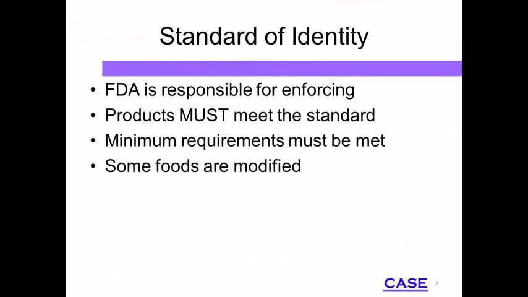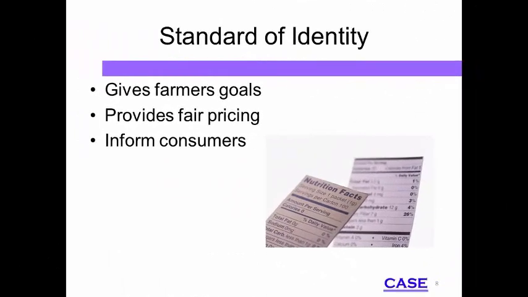In the 1970s, standards were modified to include ingredients or changes made to attract consumers. The modified product must still meet the minimum requirements, cannot be nutritionally inferior, and must still possess similar performance characteristics. There is even a standard of identity for potato chips. For instance, products made with dried potatoes are called potato crisps, not potato chips. Standards of identity allow producers, processors, retailers, and consumers to make informed decisions about food products.